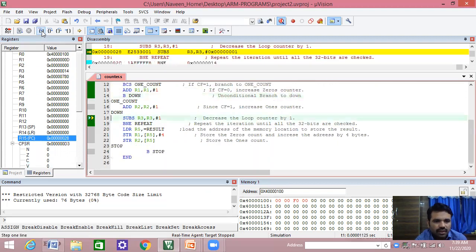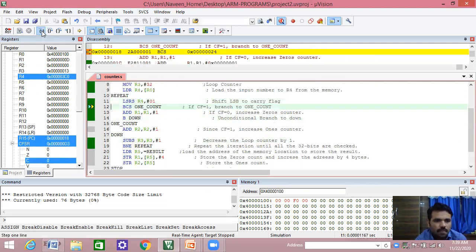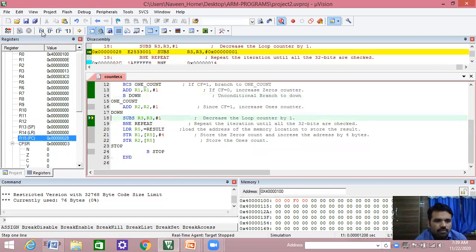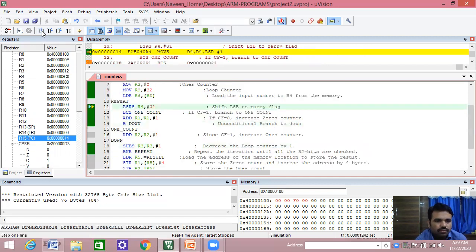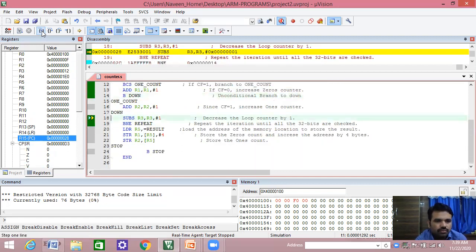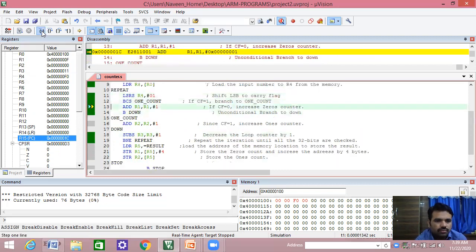After executing the LSR instruction, keep on running stepwise.